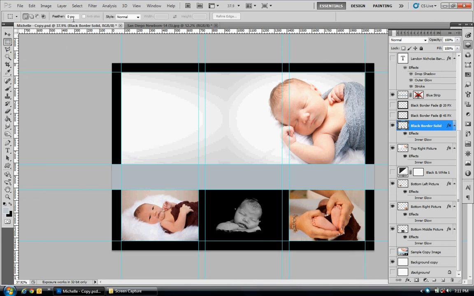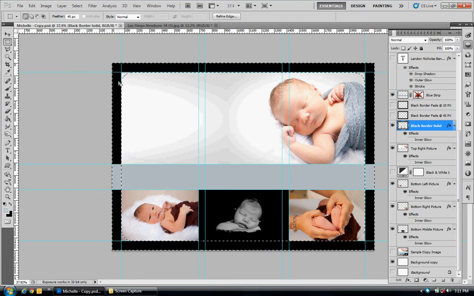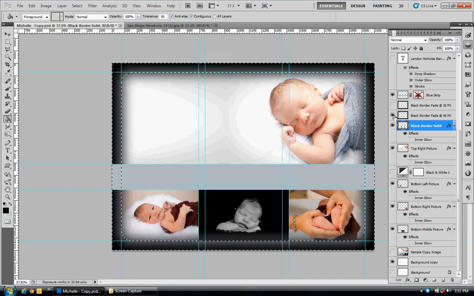And what we're going to do is go to your marquee tool and change your feather to 45 pixels. I picked 45 pixels because this is 75 pixels wide, so 45 is just a little more than half, and that's what I want. So select these inner guides, right click and select inverse, and you can see it's got a rounded corner, it's already feathered. We'll switch back to the black, go to the paint tool and paste that in,